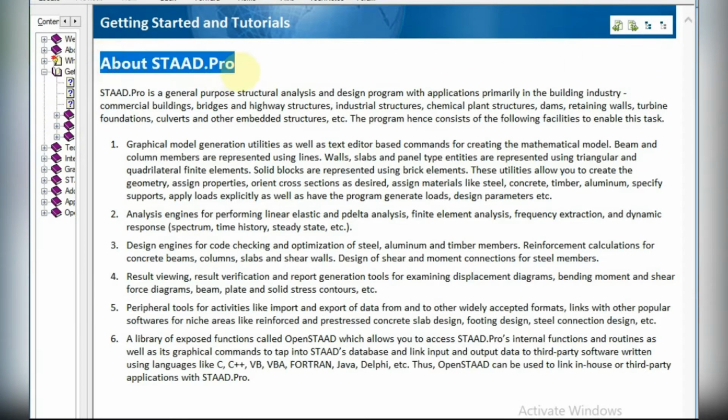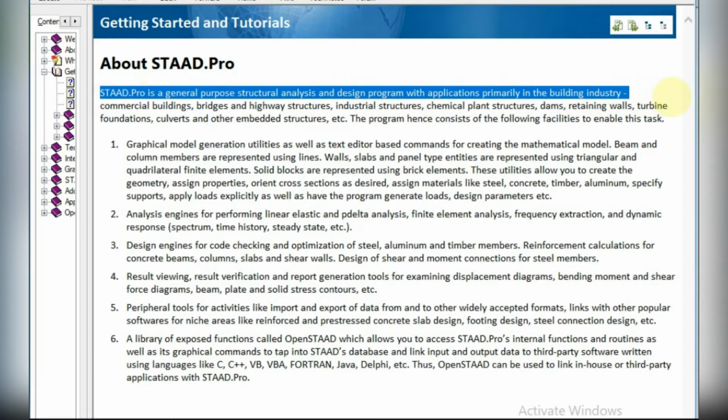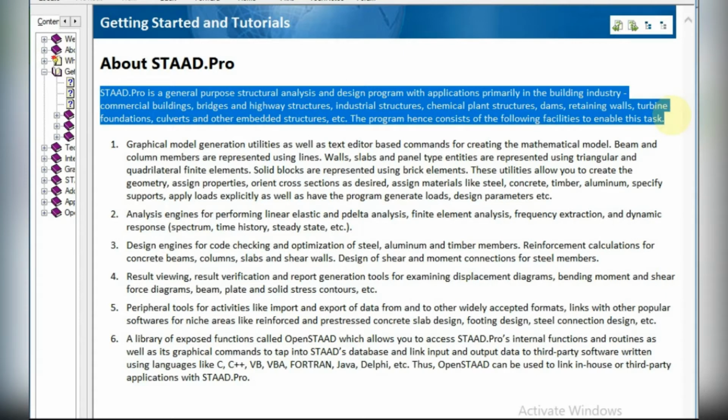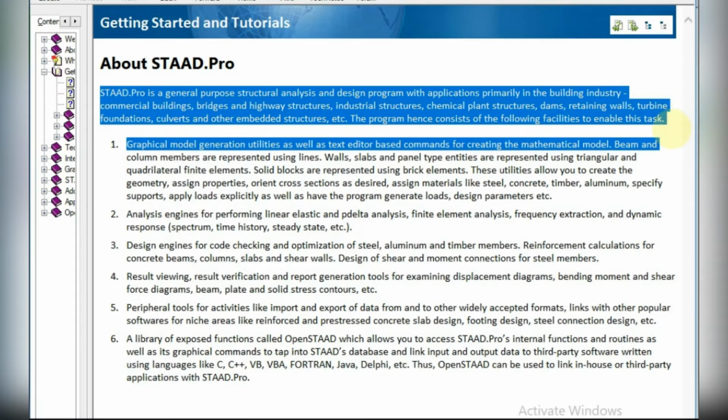About STAAD-Pro. STAAD-Pro is a general-purpose structural analysis and design program with applications primarily in the building industry: commercial buildings, bridges and highway structures, industrial structures, chemical plant structures, dams, retaining walls, turbine foundations, culverts, and other embedded structures, etc. The program hence consists of the following facilities to enable this task: